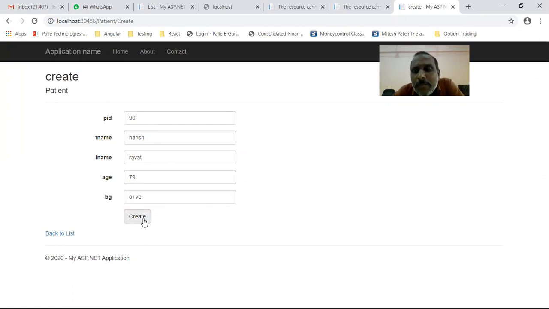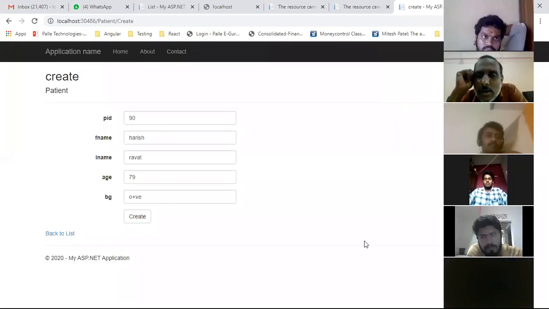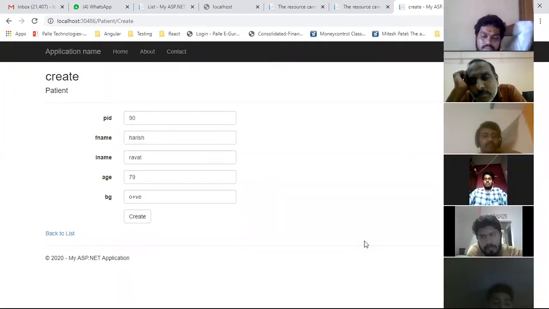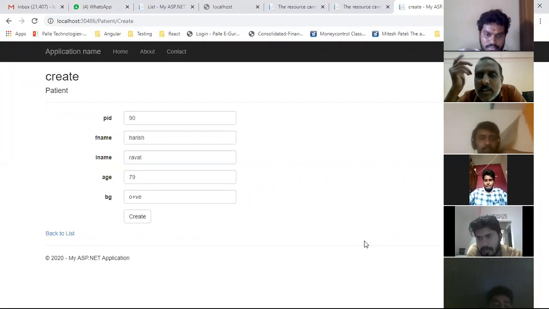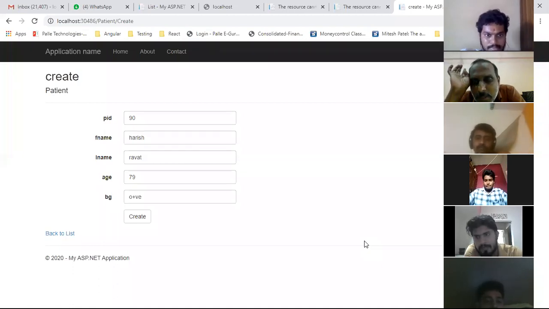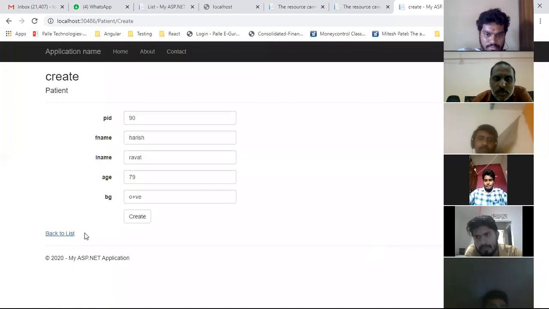Tell me what will happen. Forget about what will happen here. I'll ask you one simple question. In ASP.NET, when you click on a button control, what will happen? It will send the post back request. Right. Very good. So whenever you click on the button control, it will send a post back request. There is no doubt. Even here also the post back request will go when you click on the button control.